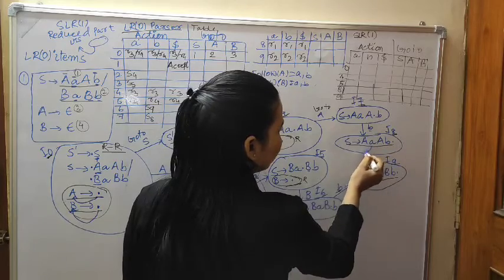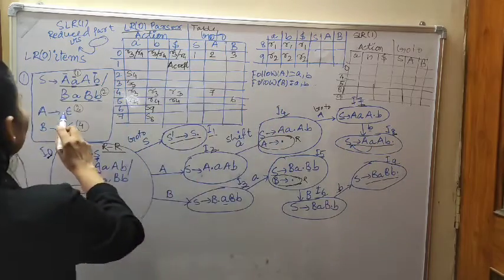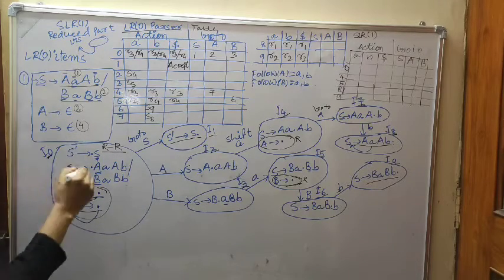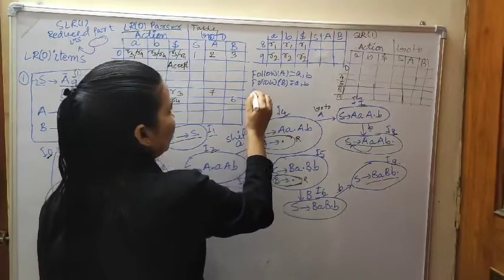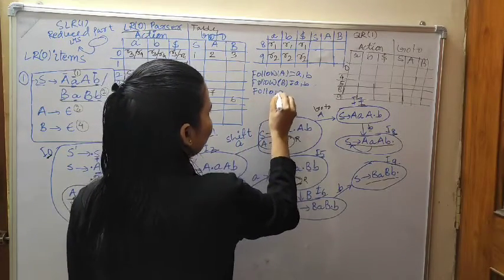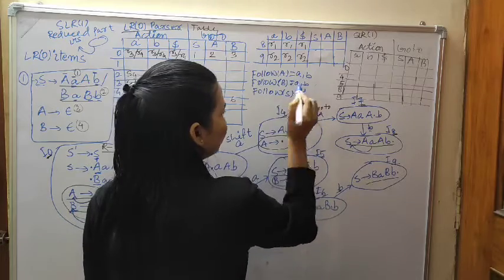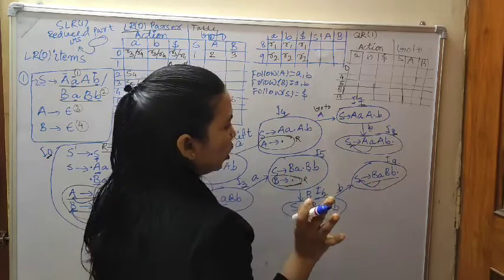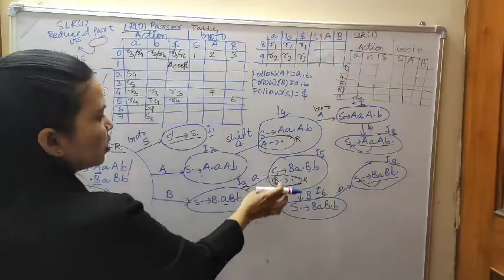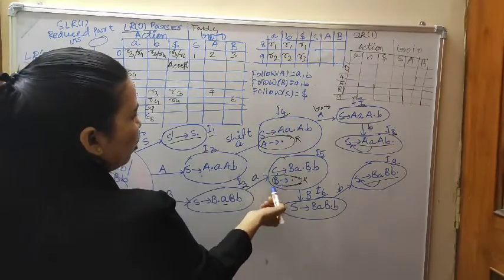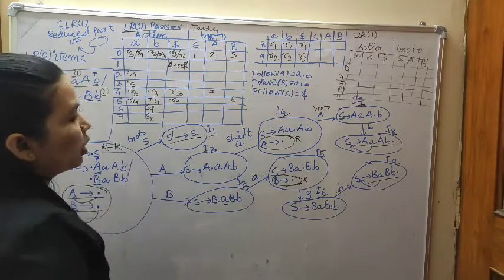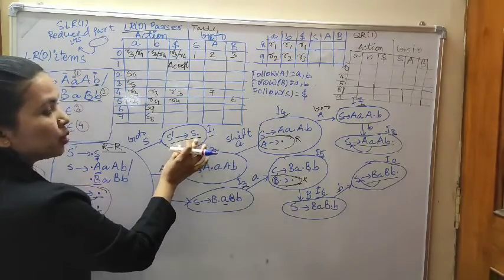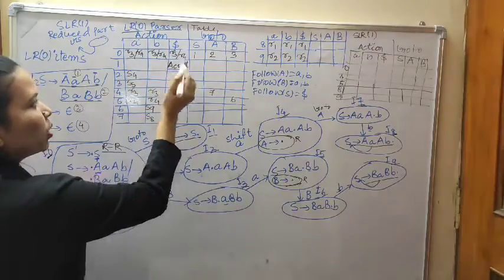Then this is Follow of S. What is Follow of S? On the right side, S is nowhere given, and S is the starting symbol. So Follow(S) is dollar. Here also, if you check, this one is also Follow of S, which is dollar. Anywhere else? No. Reduction done for Follow A, Follow B. Yes, completed. And this is the augmented production, so don't look at it. It is only the accepted part.